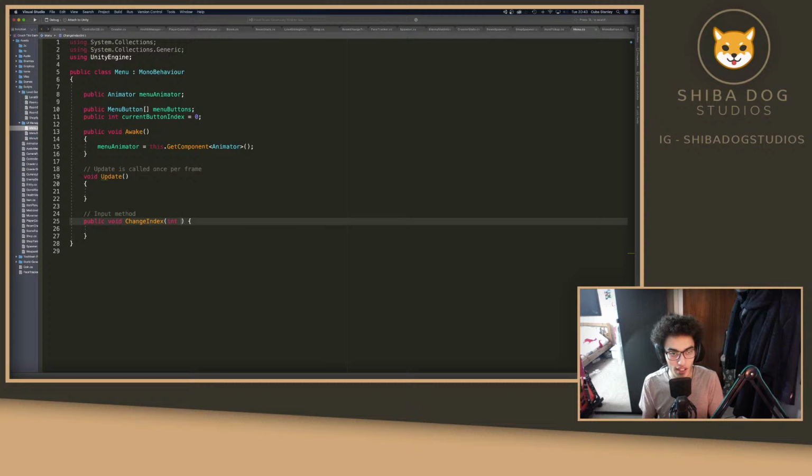So this is going to take an int direction, which is going to be, you know, basically +1 or -1, depending on the input of the player controller. So in here we are going to say,